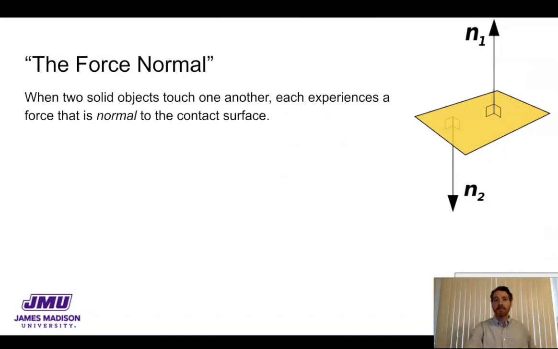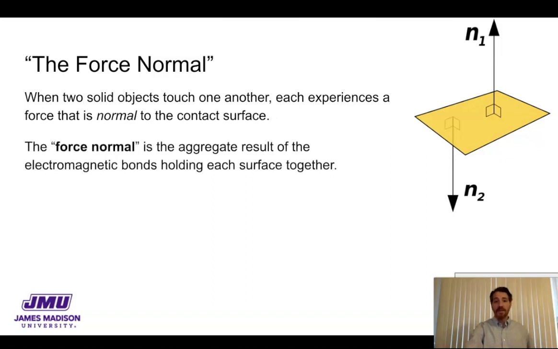When two solid objects are in contact with each other, the point of contact is a force that we refer to as the normal force. It is just the force that is preventing two solid objects from passing through each other. So if you don't pass through something like a ghost, and you actually make contact with it, then you're experiencing